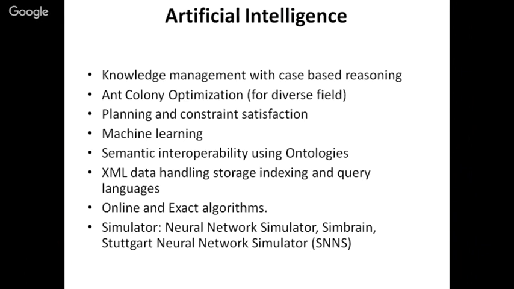Another area of research is artificial intelligence, in which we can provide some intelligence to the machine, because normally machines are not as intelligent as humans are. For this, we can provide knowledge management with case-based reasoning as the main component, that is, the knowledge base of this machine. We store the past decisions that have been taken by humans or machines in previous cases, and we apply the same to the coming one.